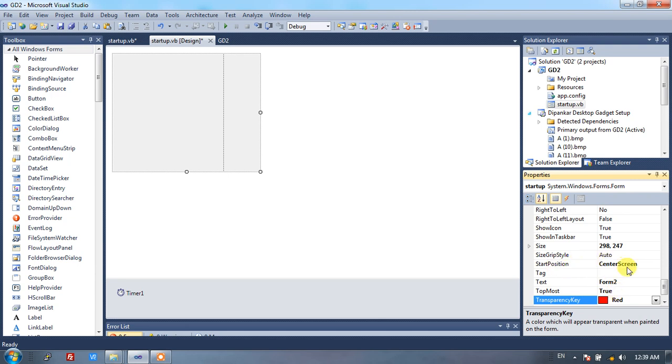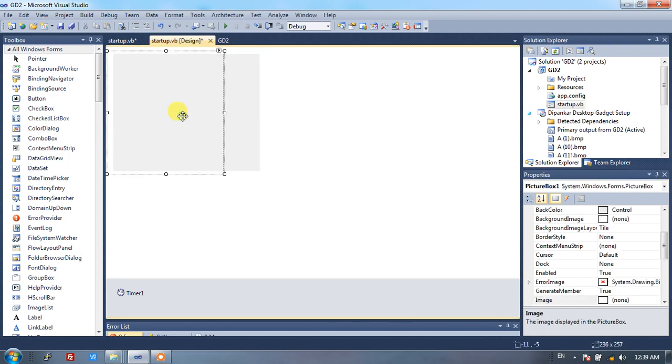And another thing is, if we want the desktop gadget positioned in the center of the screen, we can set the start position to center screen, but this is not mandatory. If you want this, you can do this.